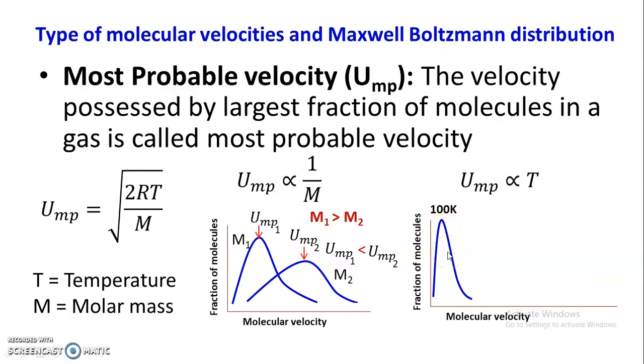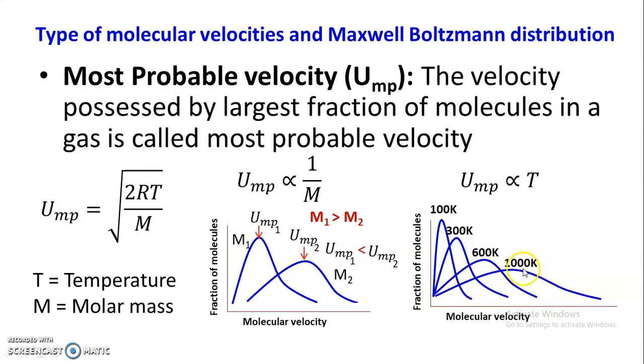Okay, now suppose temperature is increased from 100 Kelvin to 300 Kelvin. So this is the distribution curve for the same gas at 300 Kelvin. It shifts to the right side, and the distribution curve becomes broad. Now consider a little bit higher temperature, 600 Kelvin. Again the peak, or most probable velocity, shifts to the right side, and the distribution curve becomes broad, and